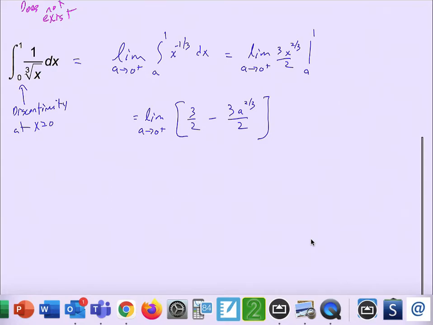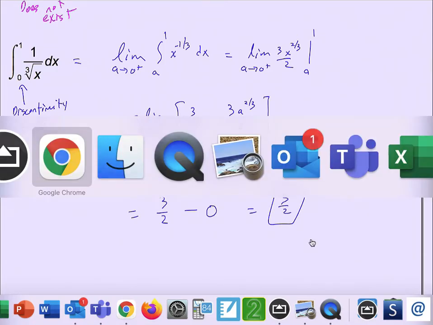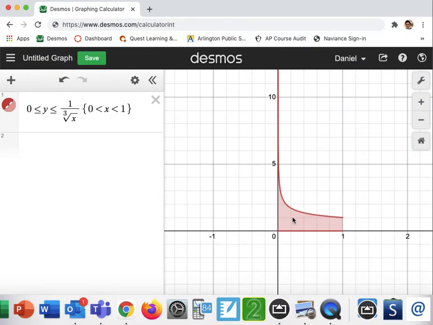And it's the limit of all of that as a approaches 0, which would be 3/2 minus the limit of 3a to the 2/3 over 2 as a approaches 0. But with this limit, I could just do direct substitution right now. I can plug a 0 in there. So that equals 3/2 minus 0, which is just 3/2. So even though there is a vertical asymptote in this graph, this definite integral actually is 3/2,